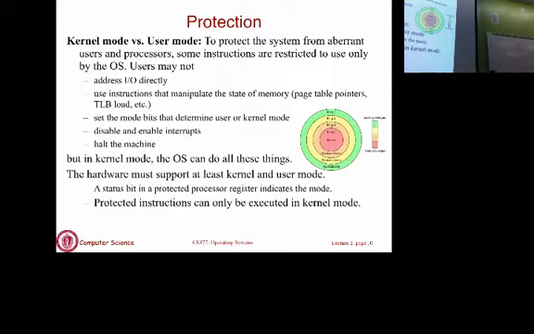That would be bad, clearly, because you start in user mode and the application flips the bit, and now it suddenly sets your CPU to kernel mode, and it can do whatever it wants. So typically, changing the bit is also a privileged operation that an application shouldn't be able to do. Only the OS should be able to do it, or the underlying hardware should be able to do it.